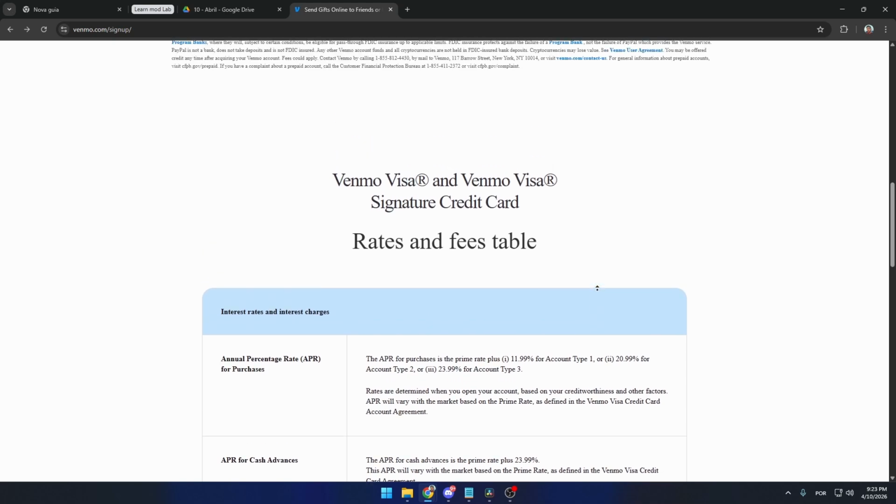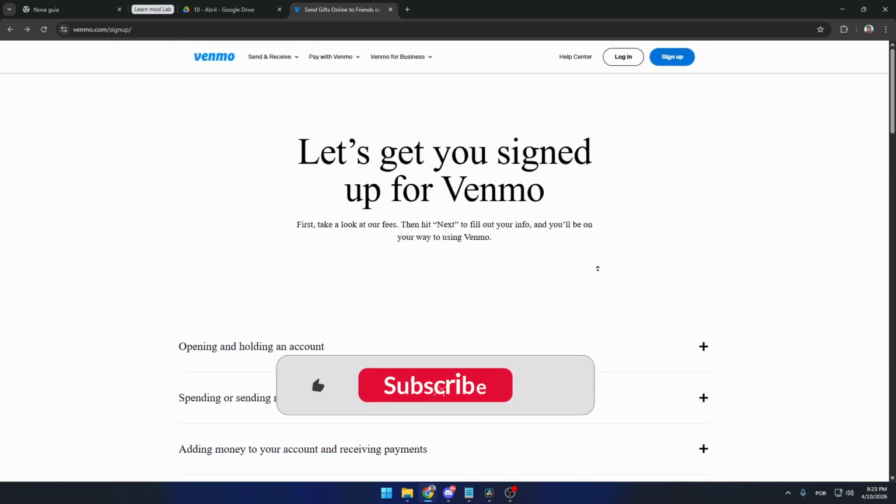Always check the official website for updated requirements. This explains how Venmo account availability